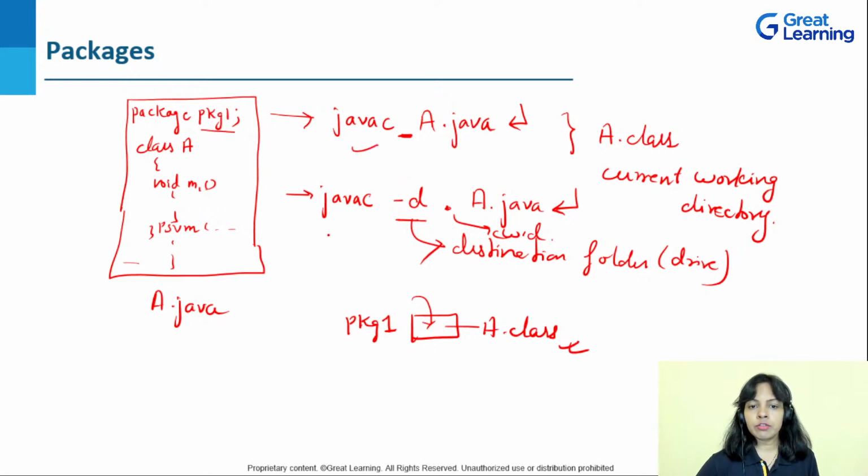So these are the two commands which you can use. In this case, in the current working directory only it will create this folder. In this case, at the specified location it will create a new package or folder, this one pkg1, the name which I have given. Is this clear and any doubt here?